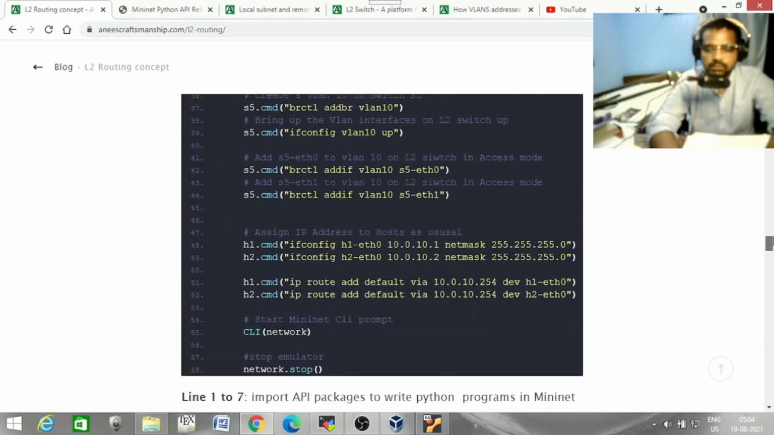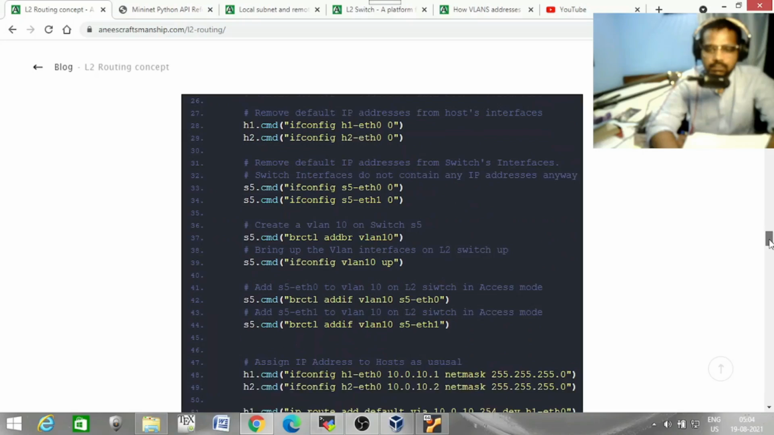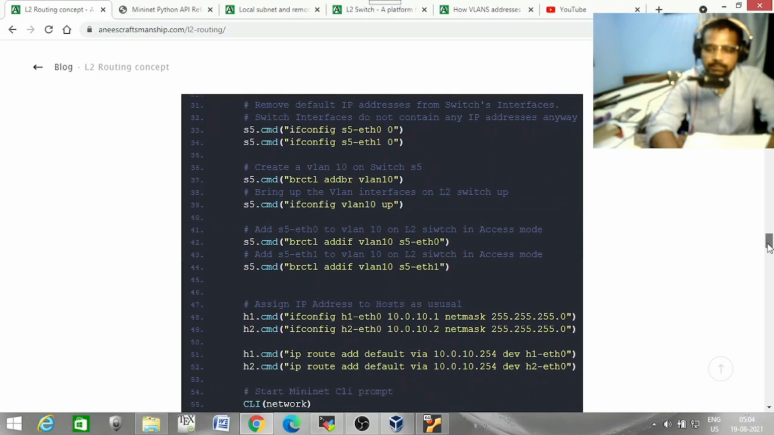Now we can create a VLAN on the switch, and bring up the VLAN interface on the L2 switch. Okay,